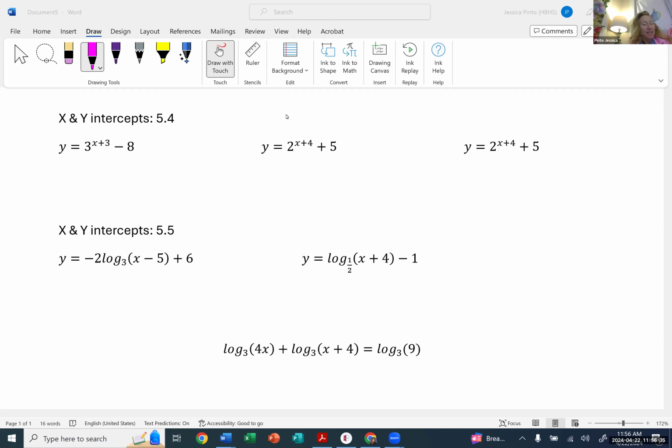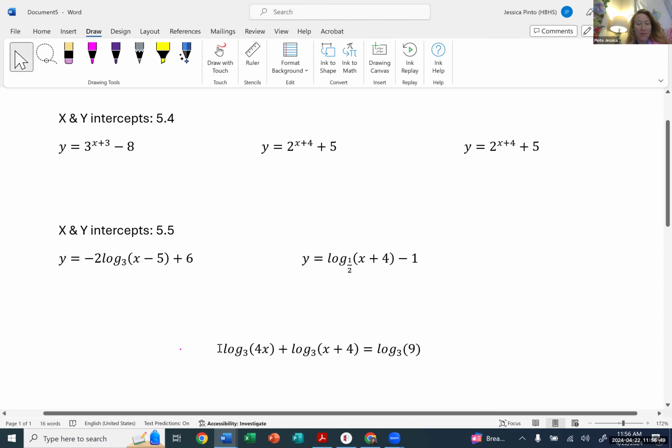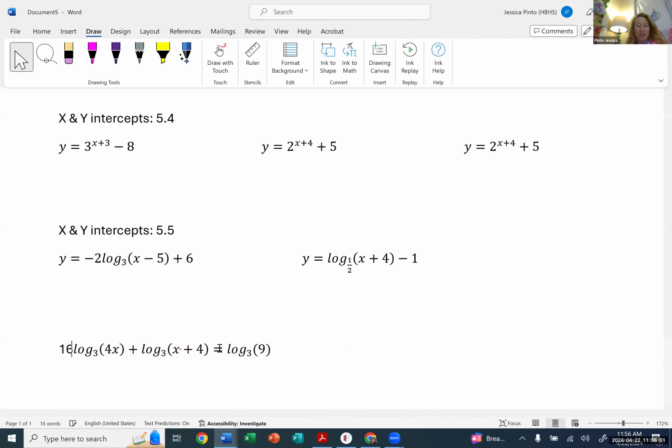So I got some email questions about specifically the x and y intercepts of 5.4 and 5.5. And then there was one additional question. This one was number 16 from the 5.5 lesson here. So I'll put 16 there. So let's start with